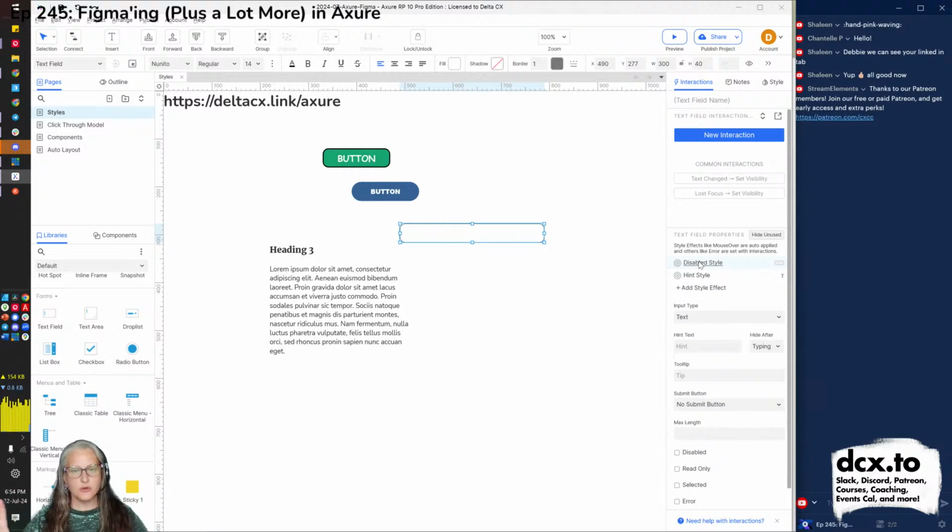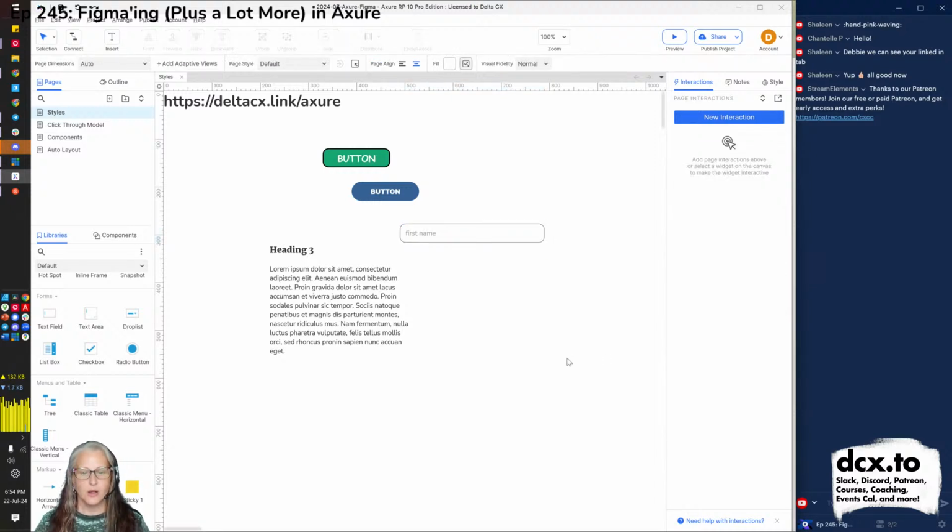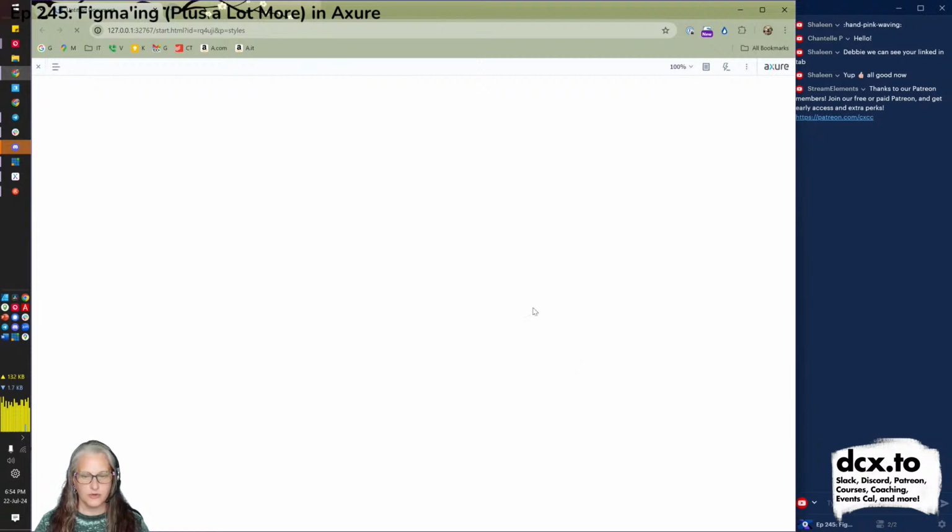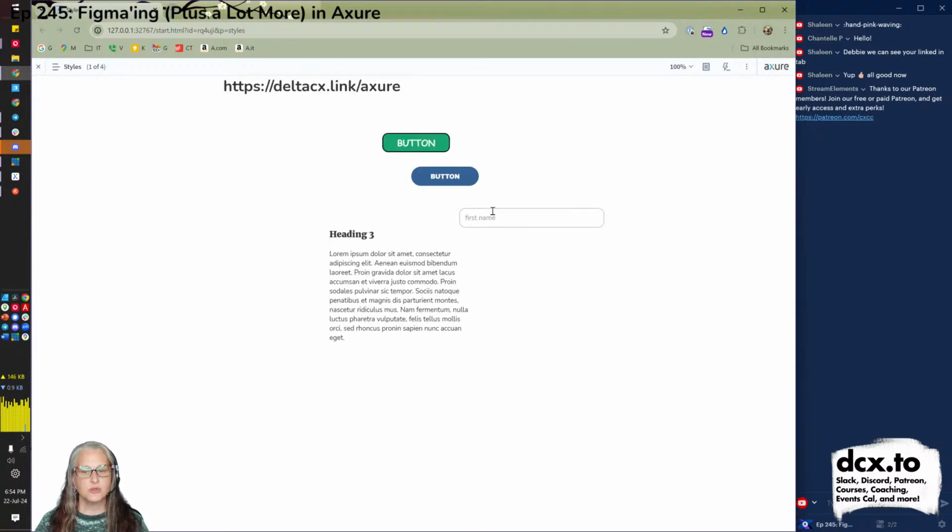It looks like it has this color stroke. It has this color fill. It's grayed out, so it has a gray background. So you can do that however you want. You can also do hint text. So first name. Hide it after people start typing. Okay, let's try that out. Refresh. So it says first name. When I click in it, it still says first name because we didn't have the hint hidden until I start typing. And then when I type, I get that. If I delete it, the hint comes back.